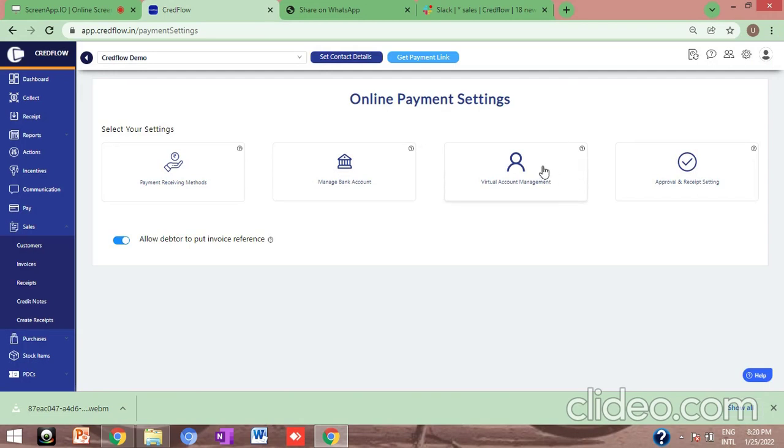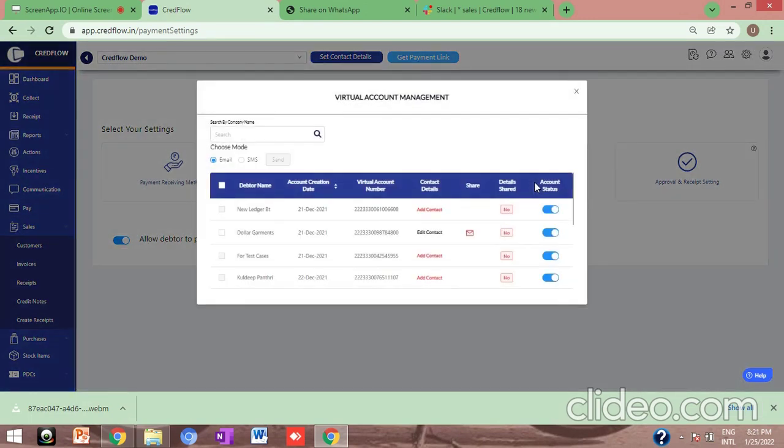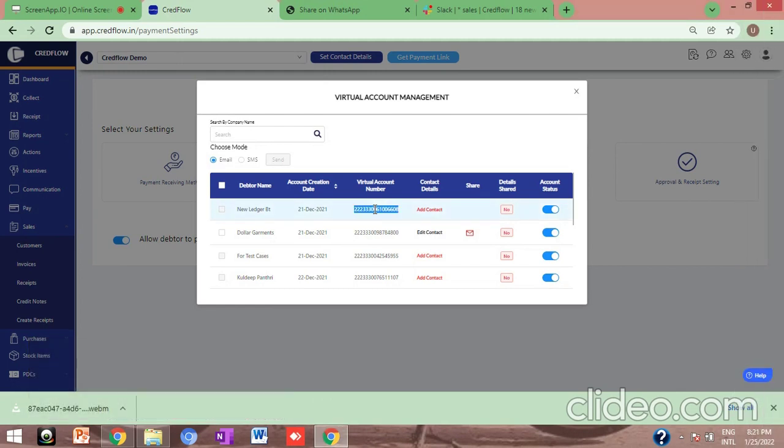Here you can manage your virtual account. Virtual accounts help you in easy reconciliation of the payments received from your debtors, because each debtor has a different virtual account number of yours. So whenever you receive a payment in a particular virtual account, you can easily understand this is the payment received from this particular debtor only. From time to time, you can enable or disable the virtual account status for each debtor as per the